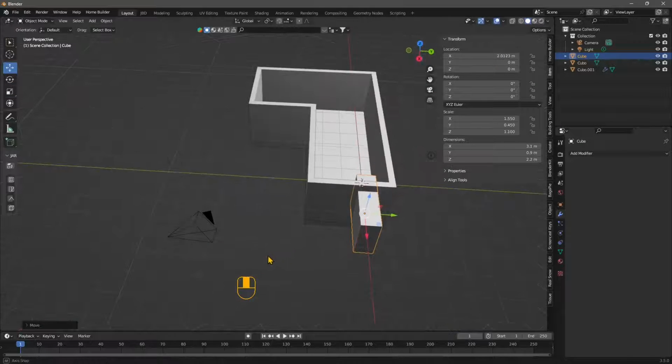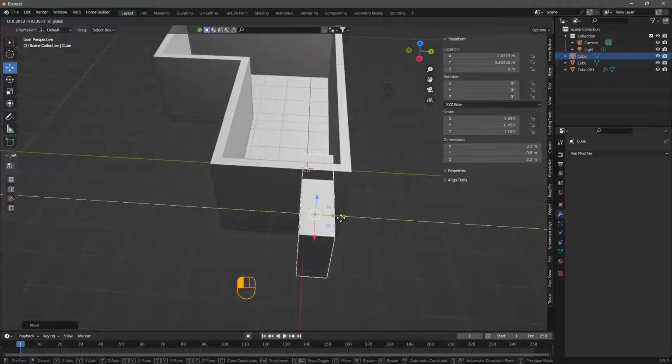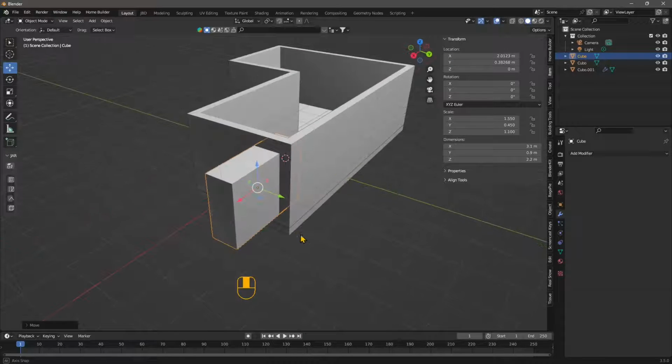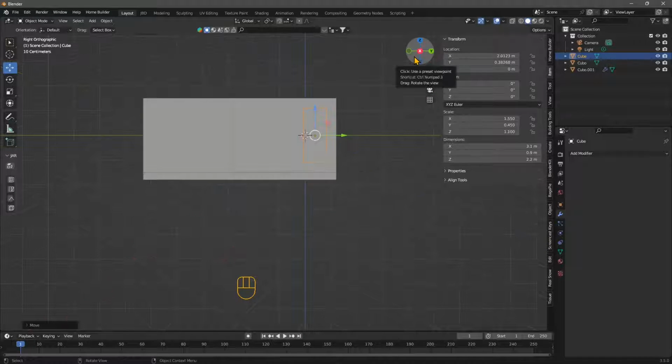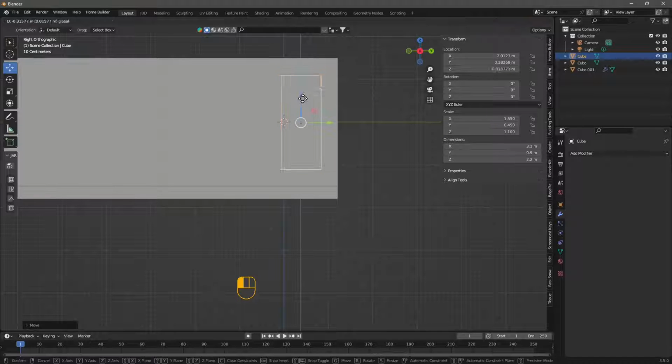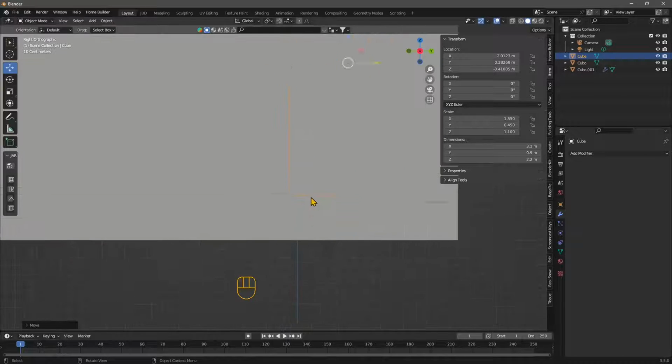Now we need to choose where we want to place it. So let's say that this is the entrance right here, and remember to use the 2D views to be more precise. So I can move this just a little bit down and make sure it just